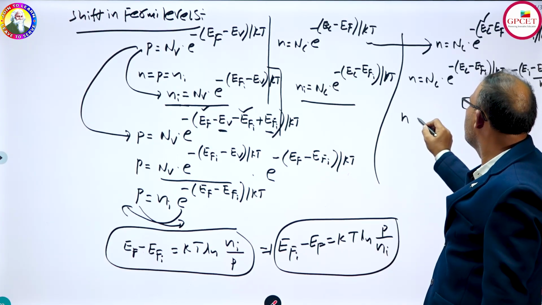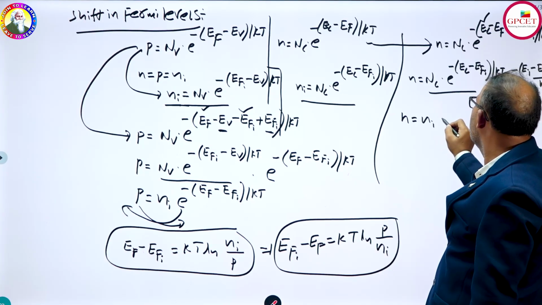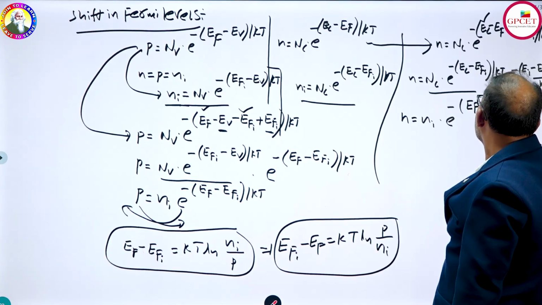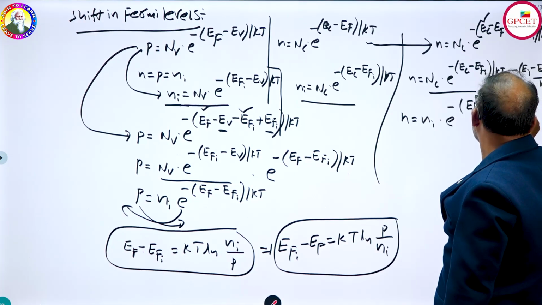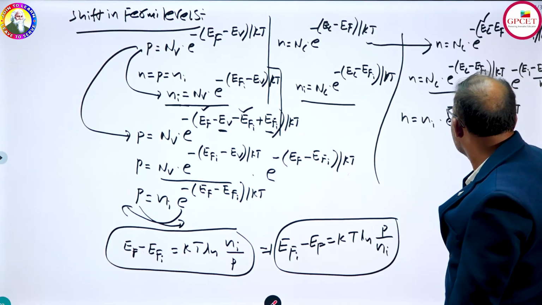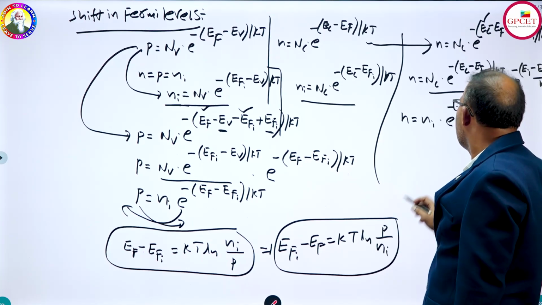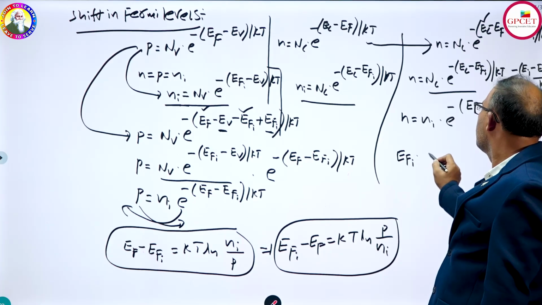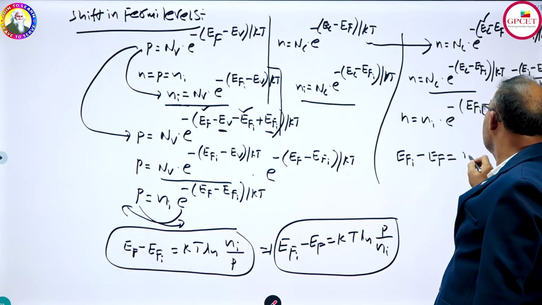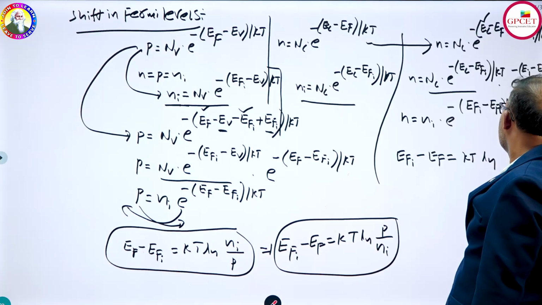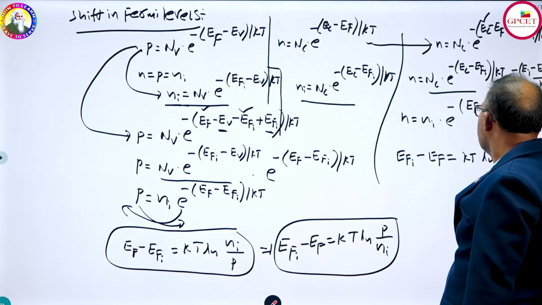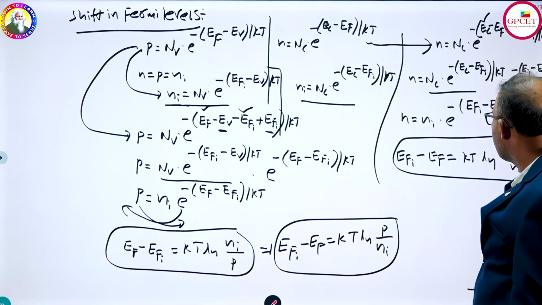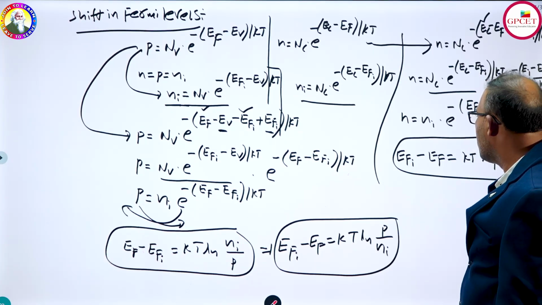So therefore n is equal to, instead of this one I can write this one as ni into e power minus of (EFi minus EF) divided by kT. So from this equation I got EFi minus EF is equal to kT ln ni divided by n, which is the shift in Fermi level in an n-type semiconductor. EFi minus EF is equal to kT ln ni divided by n,